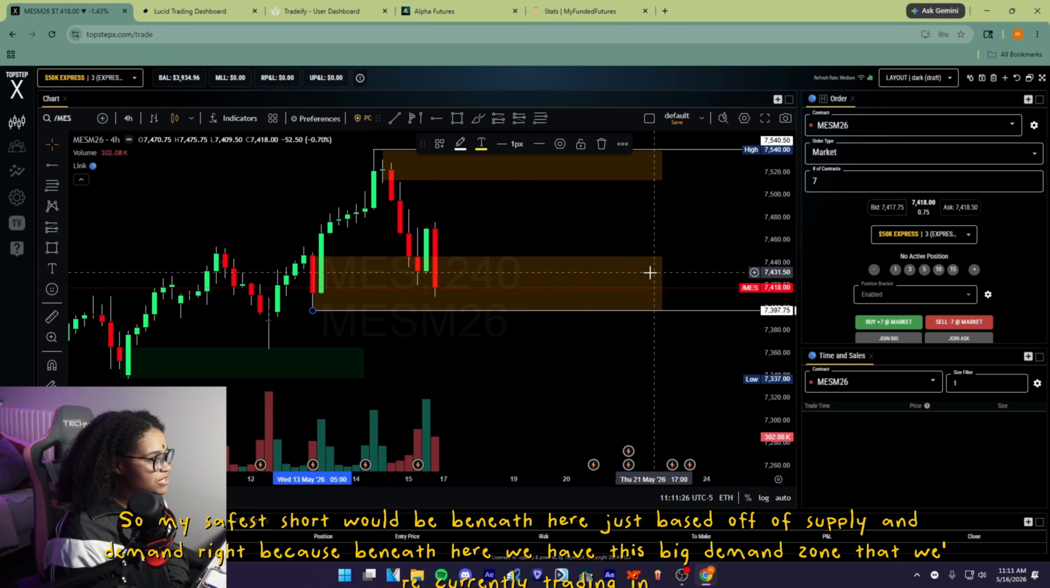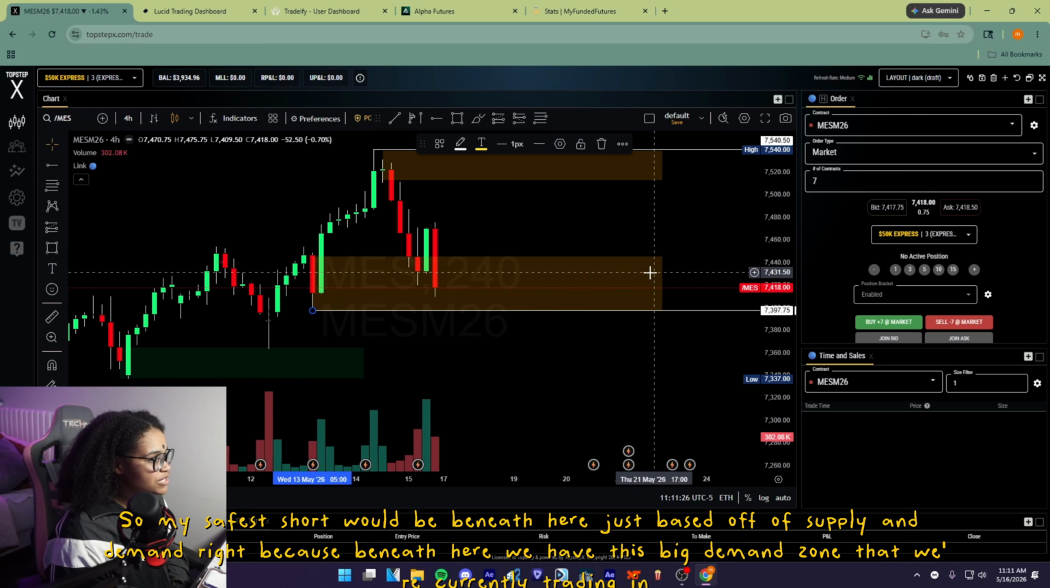So if I was looking for a sell, I would not look for a sell in here. My safest sell, my A plus setup sell would be beneath this zone. So any sell in between would be more risky. I would have to wait to make sure that we are actually in bearish territory for me to take a sell, right? And then when it comes to a buy,